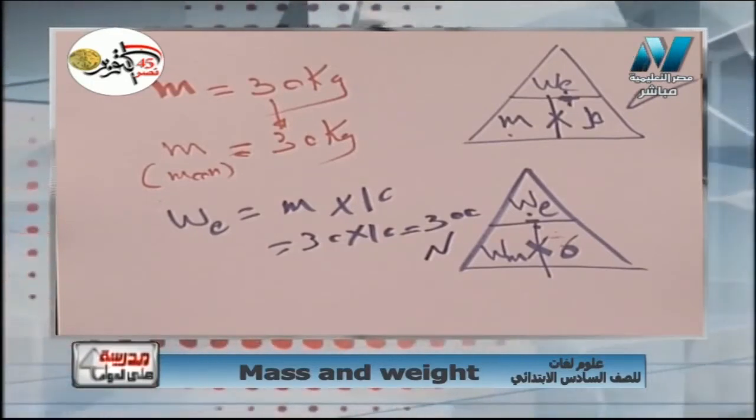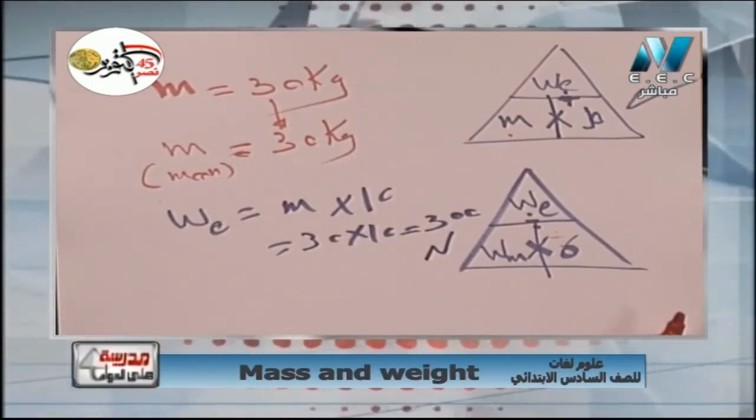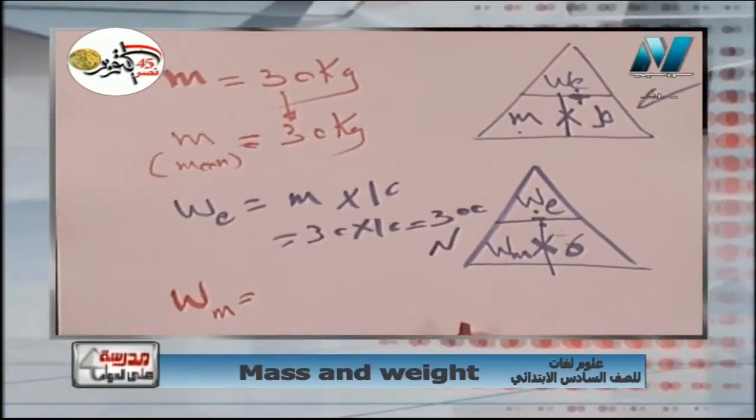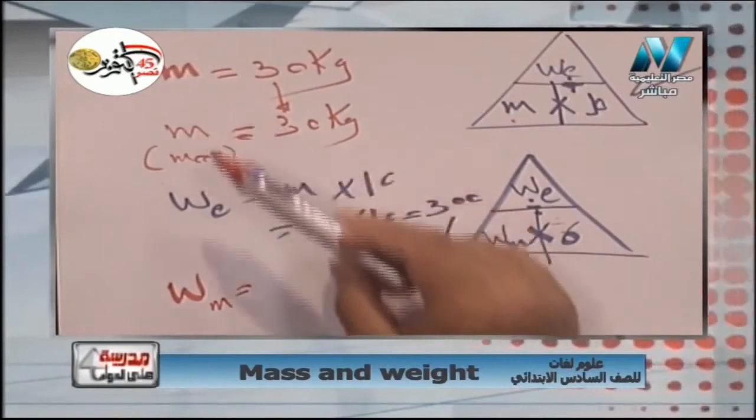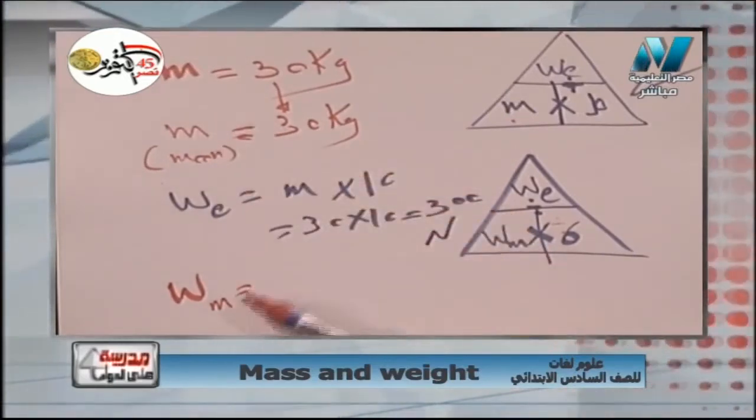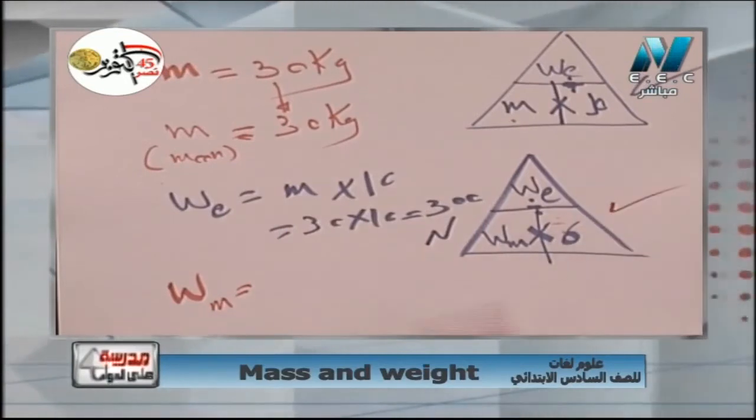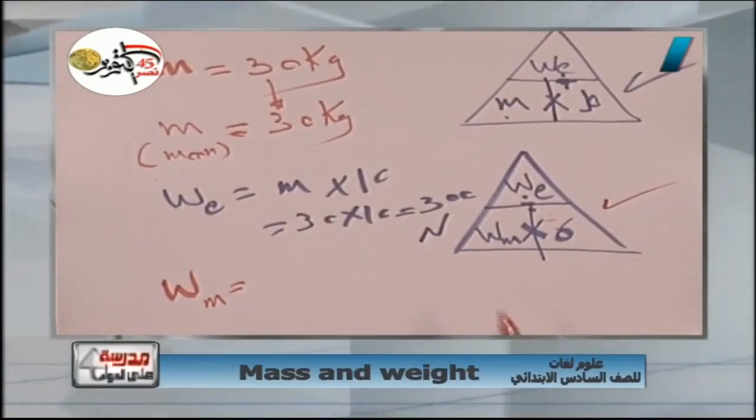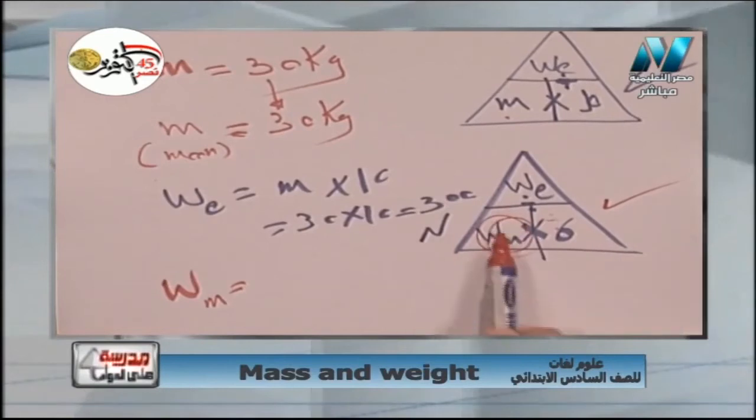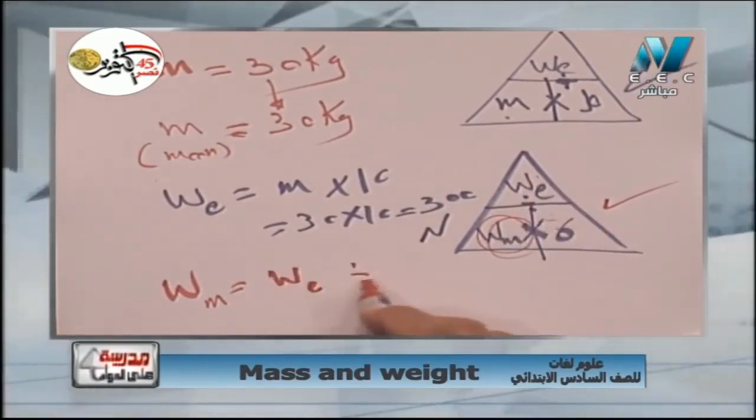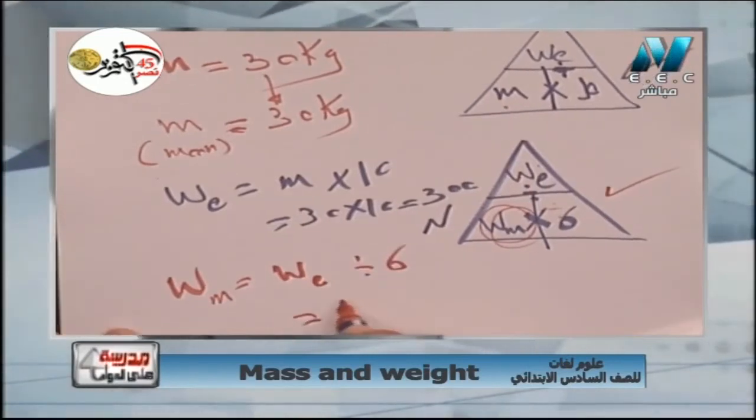The last demand in the problem was the weight on the moon. I want to calculate the weight on the moon. Which triangle will I use? I have the mass and the weight on the earth, and I want the weight on the moon. Which triangle has the weight on the moon? Sure, the second triangle. Weight on the moon equals what? The pen on it: weight on the earth divide 6. Weight on the earth divide 6, so it will be 300